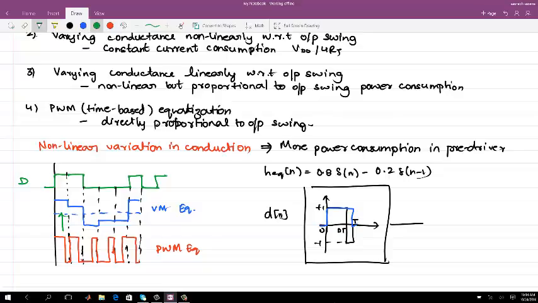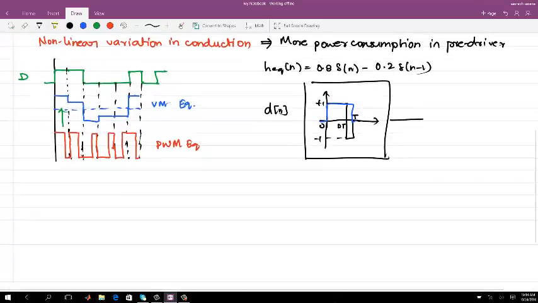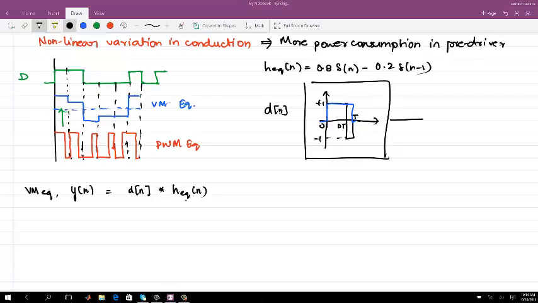Yeah. So the question is, let's say for the PWM, this is a pulse width response. So let me just write it. Okay, so the output of a voltage mode equalizer is equal to d of n convolved with h equalizer of n, and if I assume this is equal to delta of n, for example, minus 0.2 delta of n minus 1,